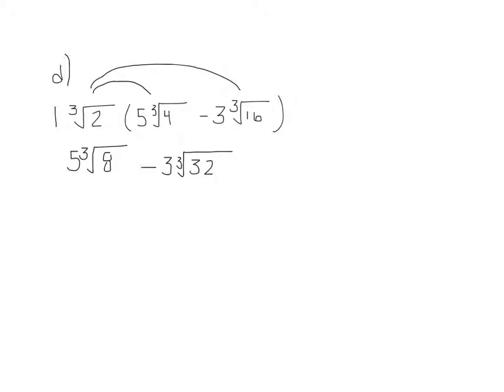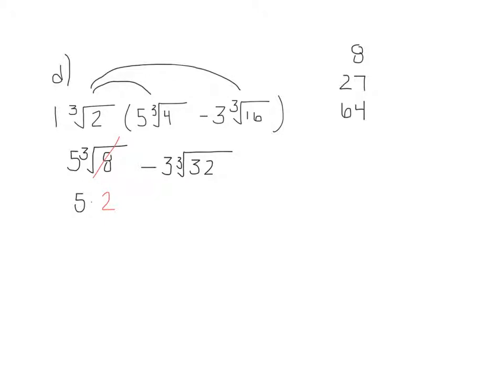Now I've got to see if my cube roots can be simplified. So think about our list of perfect cubes: 2 cubed, 3 cubed, 4 cubed, and so on. 8 is a perfect cube already, and therefore cube root of 8 can be simplified to a nice whole number. It is 2, because 2 times itself 3 times is equal to 8. So now I have 5 times 2